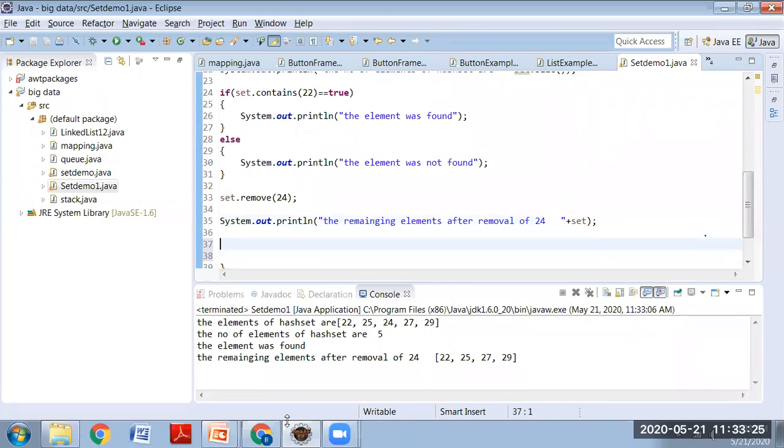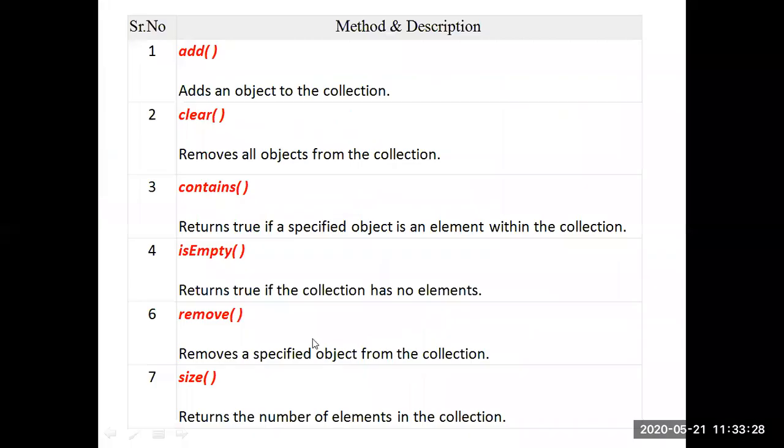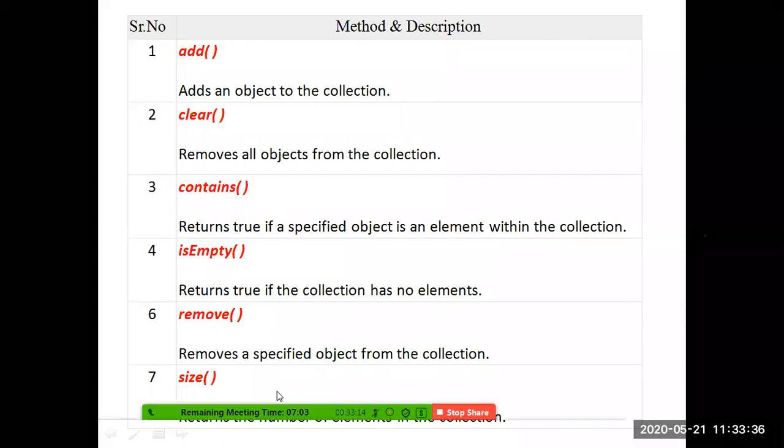Next, one more method is available, similarly we can check for isEmpty. If you want to know whether the set is empty or not, we can check for isEmpty.